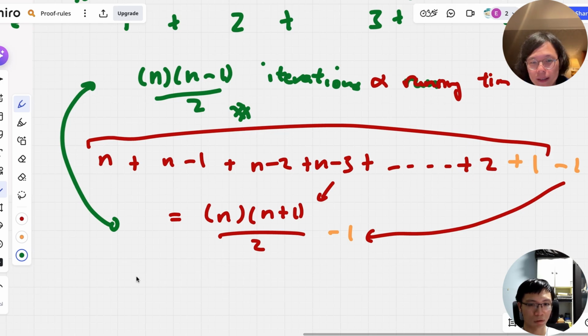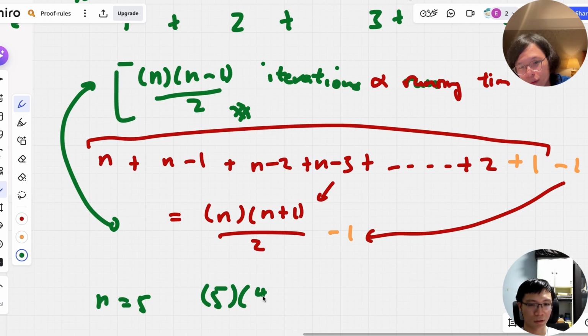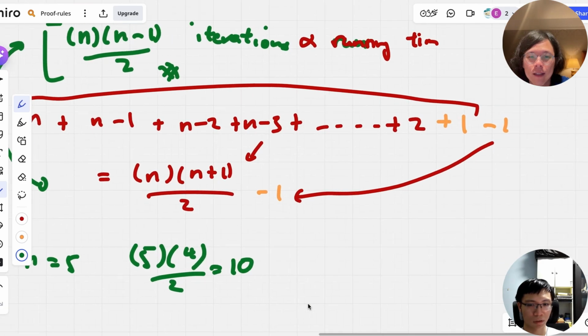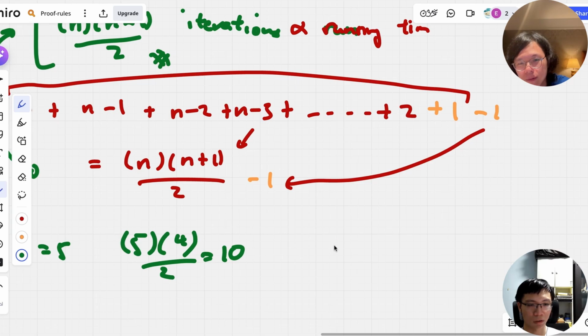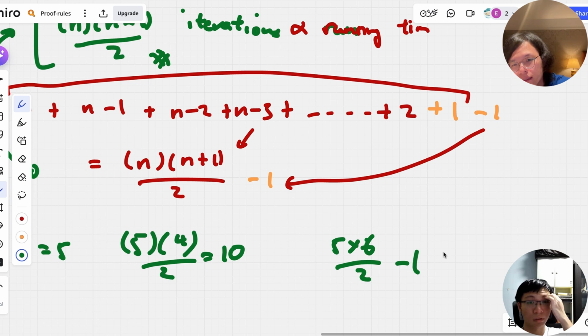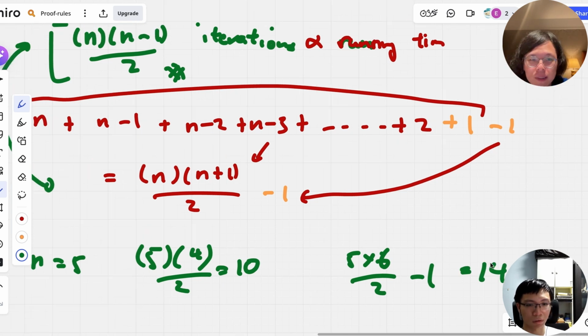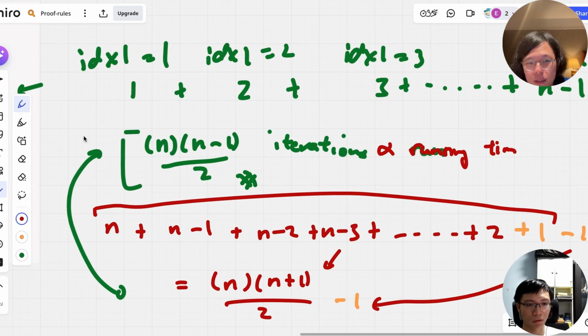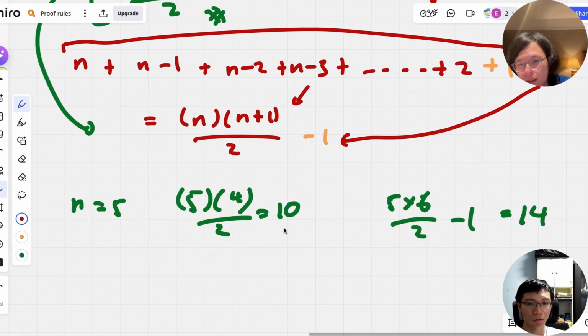Let's say n equals 5. Then this upper code would make 5 times 4 divided by 2, which is 10 iterations, and this code here is 5 times 6 divided by 2 minus 1, which is 14. Maybe you want to say that the upper code is faster because it makes fewer iterations,